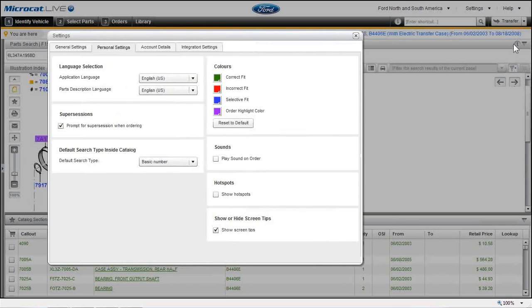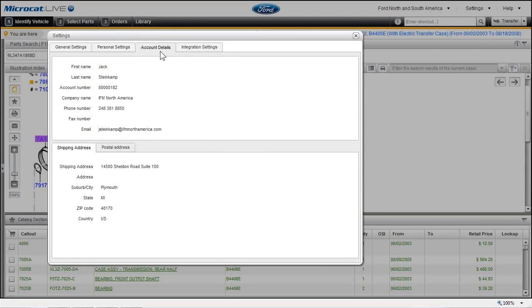Screen tips are these eye sections back here, and they'll show you a little tip about that section of the catalog. Account details. Here's the information we have about you. Take a look at it. If we have something wrong, let us know. We don't want to call you Fred if your name's Charlie. We don't want to send mail to the wrong place. So just take a look at it. If something is wrong, give us a call at the